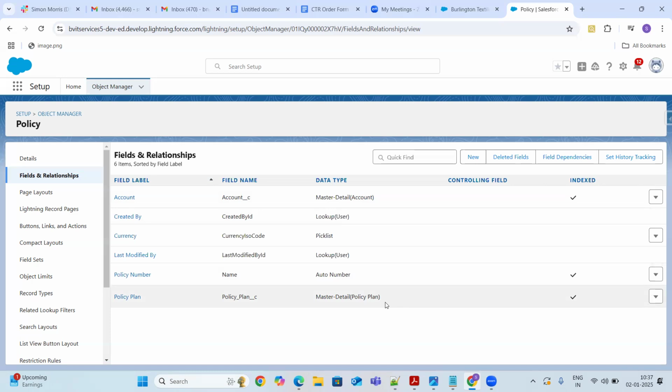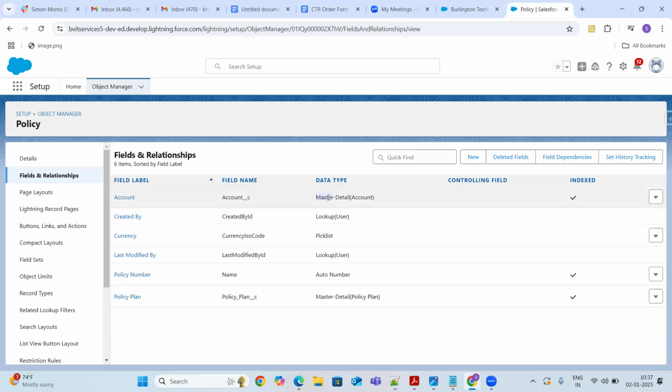Immediately when you join a project, they'll share the application name, and the first task they will give you is to understand the relationship between the objects used in that application. The tabs will tell you what objects they have used. The next step is to understand the relationship between these objects. Then you go to the fields and first identify the relationship fields which are present, whether a master detail relationship or a lookup relationship.